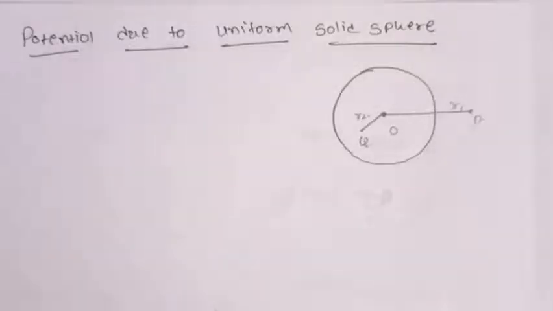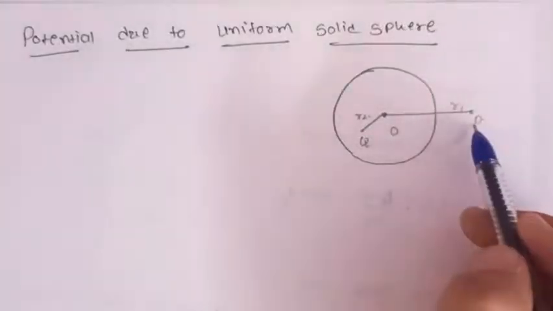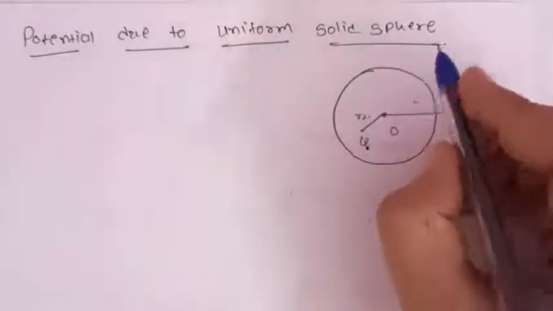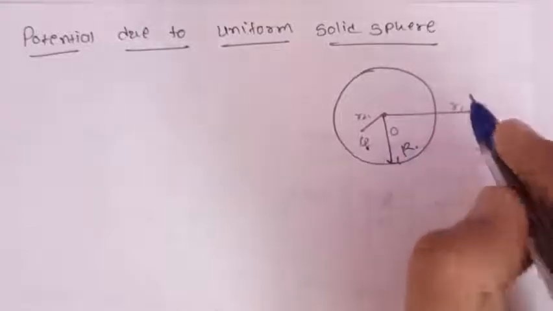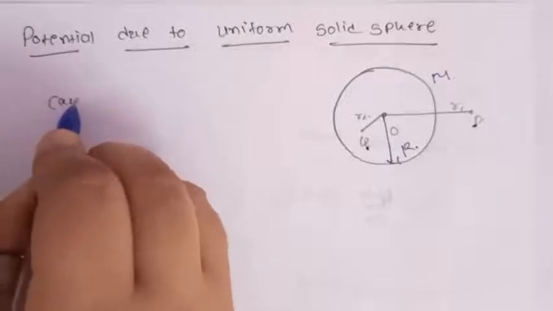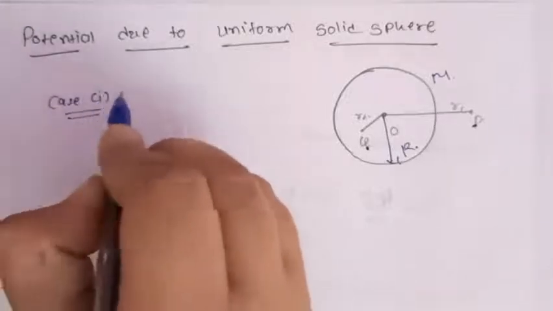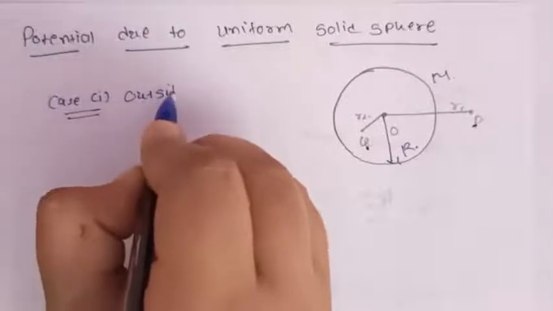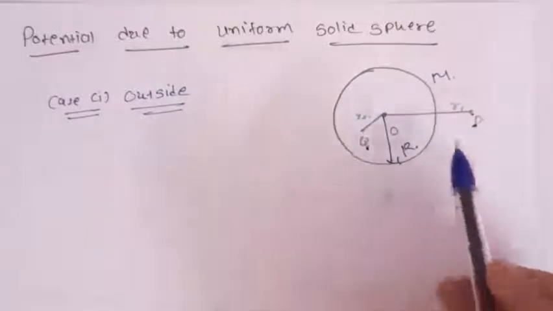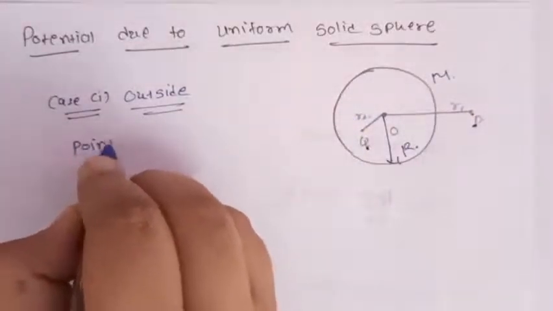Now, let us see the potential due to a uniform solid sphere. Again, we are considering two different cases, one at point P outside and one at point Q inside the sphere. The radius of the sphere is capital R and the mass of the sphere is m. For case 1, that is outside the sphere,